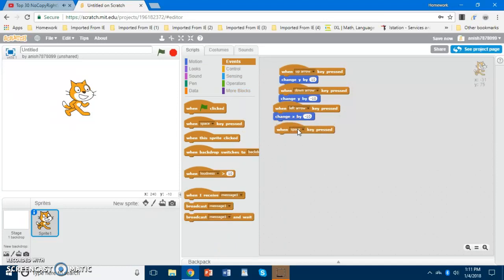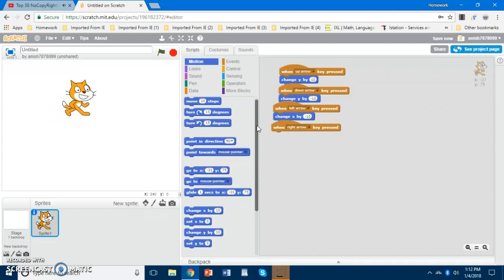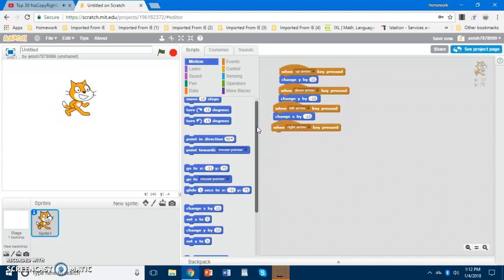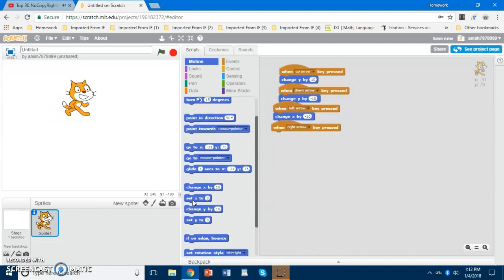When right arrow is pressed, then change X by 10. Then if you do right arrow, left arrow, up arrow, and down, you see this? Anyway,